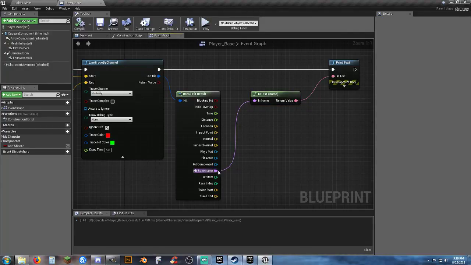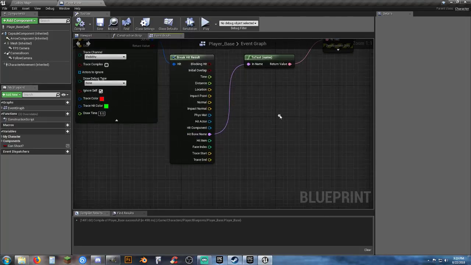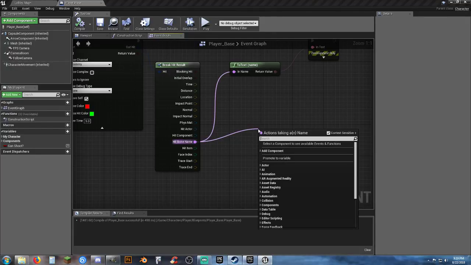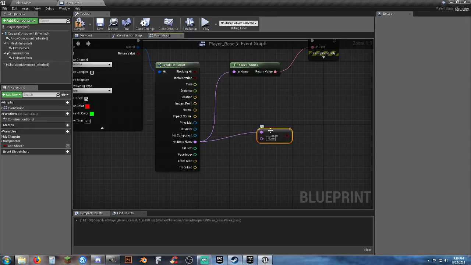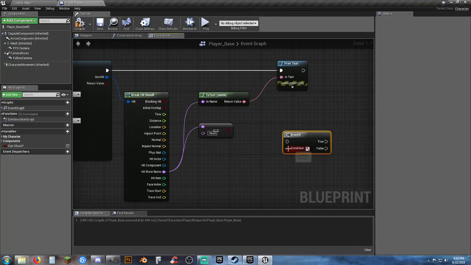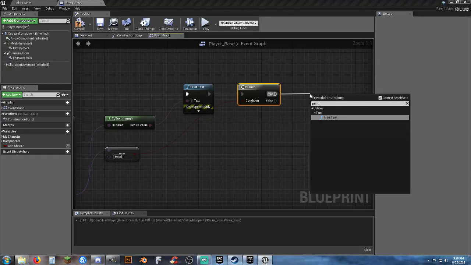So even though right now I've got it linked to create text, you can actually have it linked off of the bone name to say something like equal, and we type in here head, which is the name of the socket for that body part, and let's go ahead and throw in a branch, and if the hit bone name is equal to head, and we'll just throw this up here, you can just throw in here, we'll just say for right now print text,